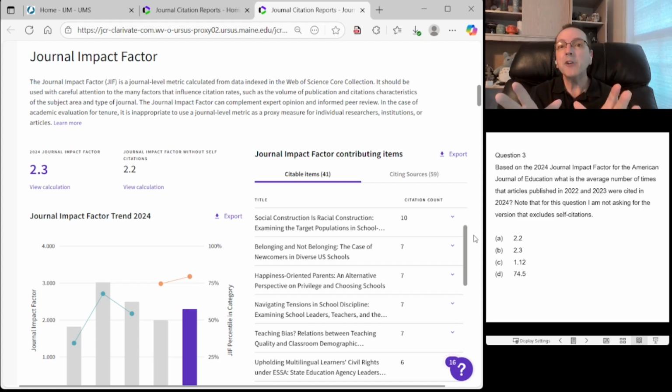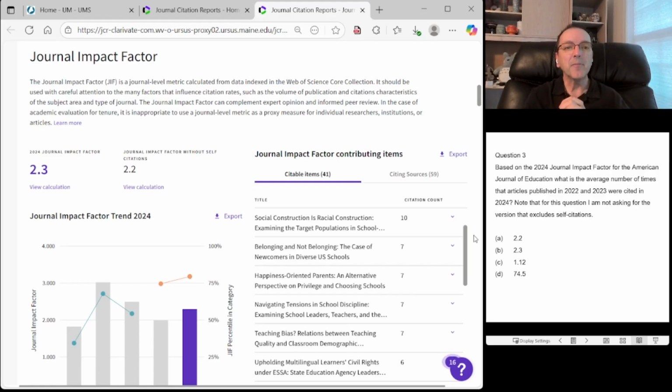Now, the high impact journals, because everybody's buzzing about them, tend to get the best stuff. You send your best work, your strongest studies, your most innovative, great work to high impact journals. And so a way of measuring that quality, that impact of a journal, is what's called a